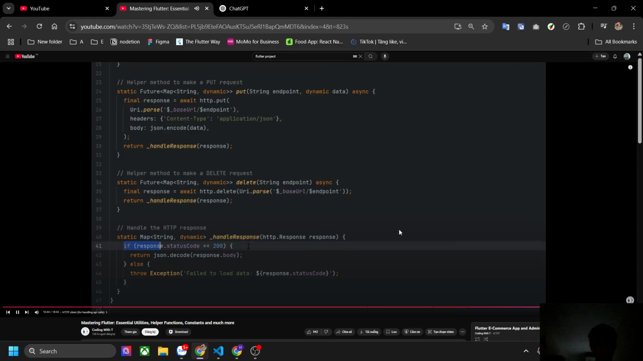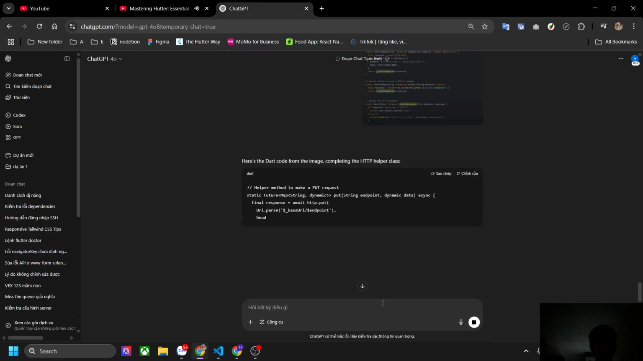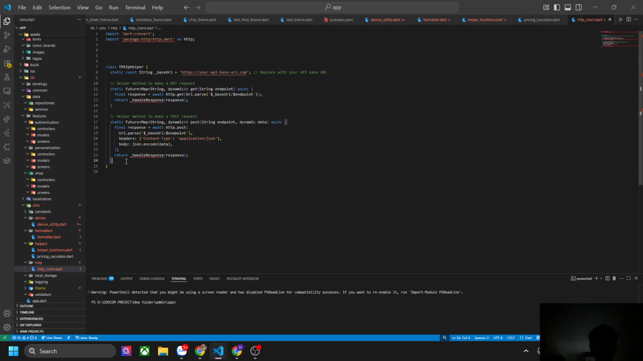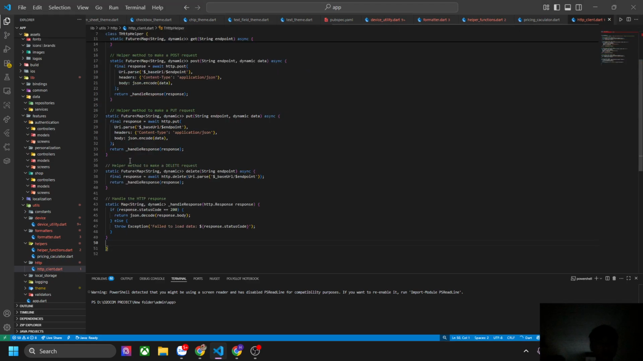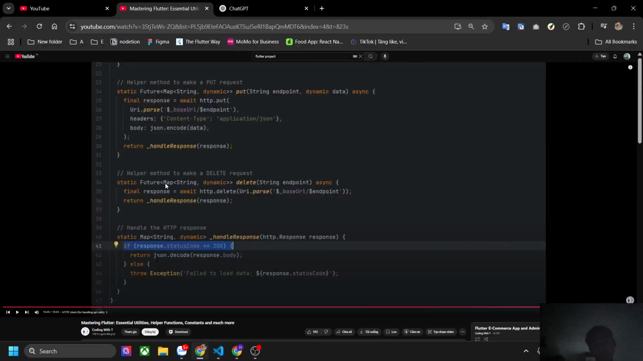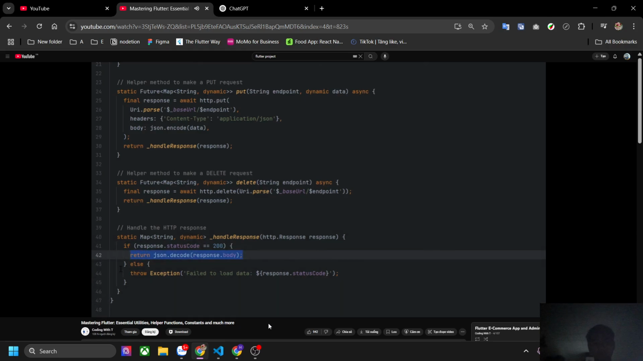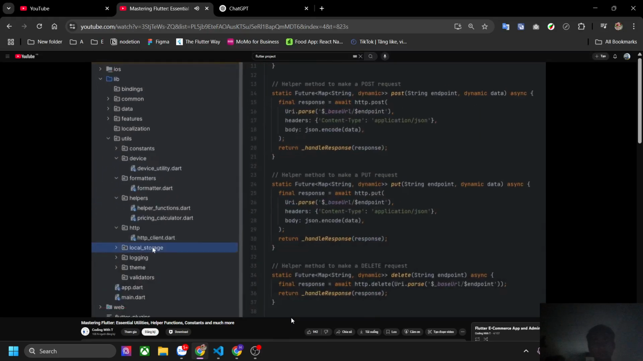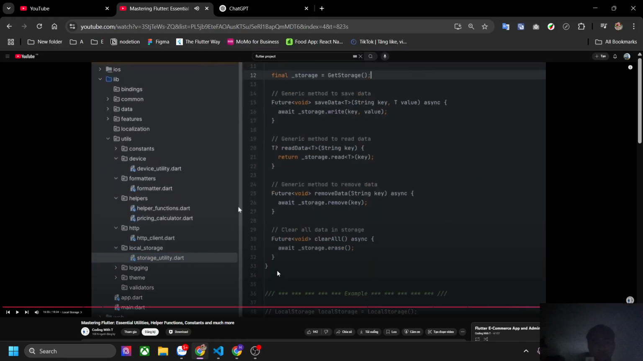function at the bottom. If the response is 200, you can again customize this as per your own need. The response is 200, return the JSON, else throw some error. So it's valid for each and everything. Then same case for the local